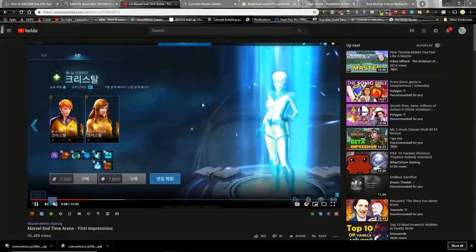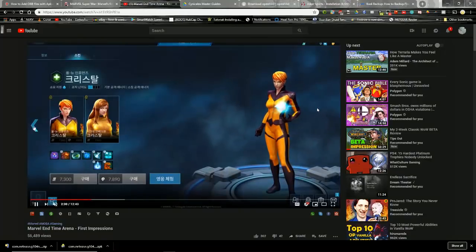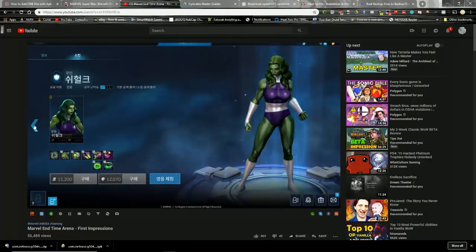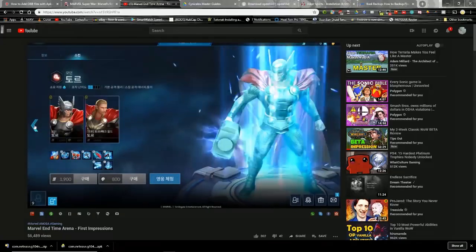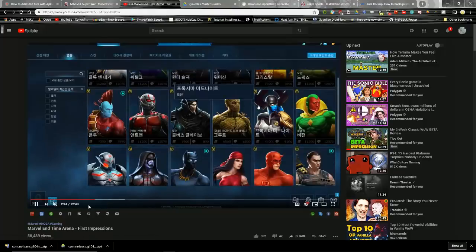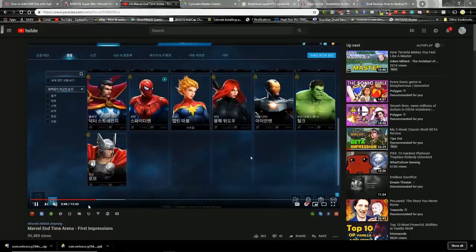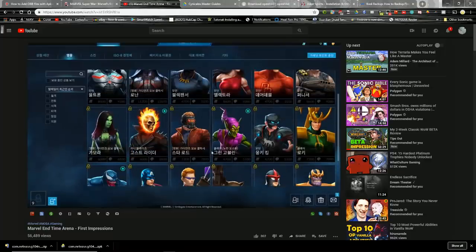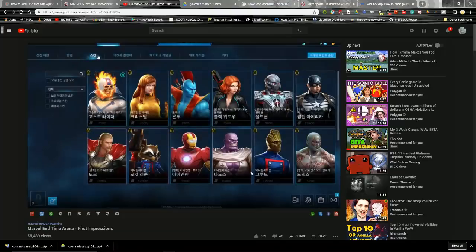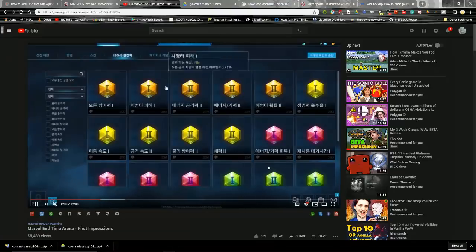Crystal, two forms of Crystal, which are basically Marvel Future Fight. Very classic: War Machine, Bucky, She-Hulk, Cloak and Dagger, Thor, a couple different Thors. It's a nice loadout, but again, nothing super new to the table. I mean, some of the skins might be a little new, but looking at this roster,